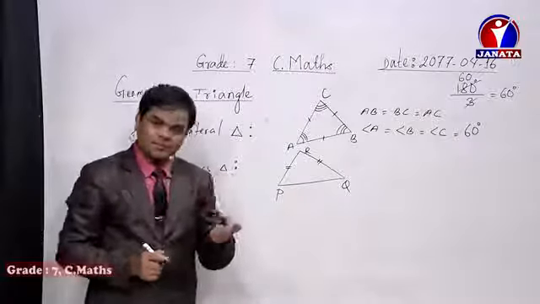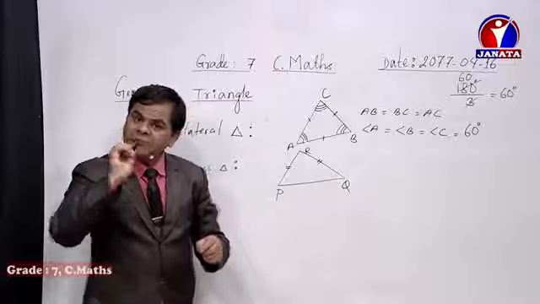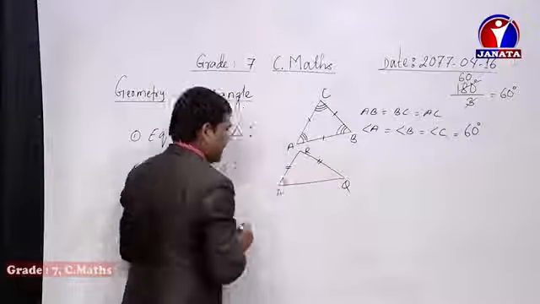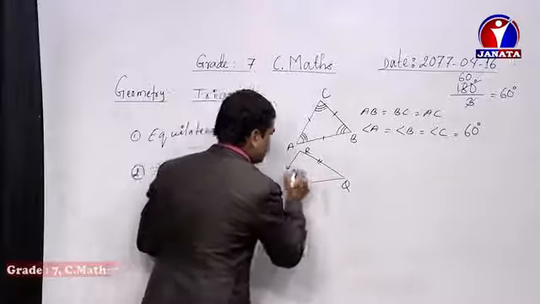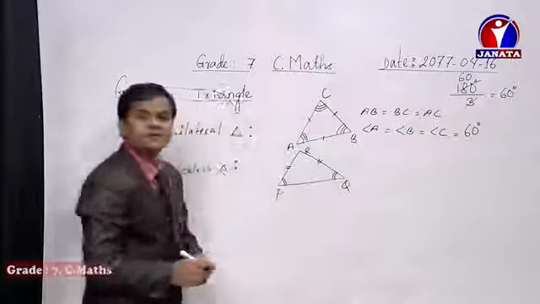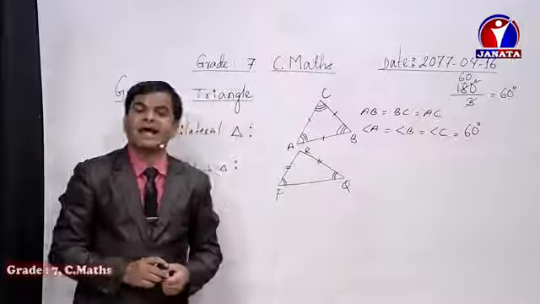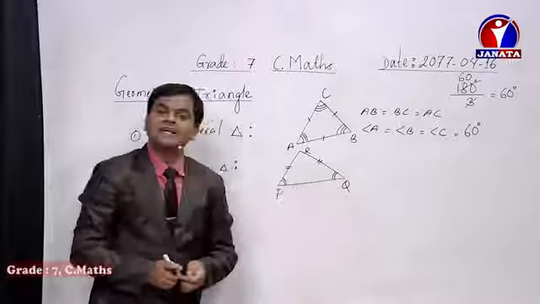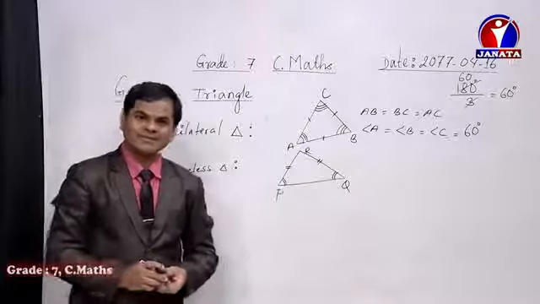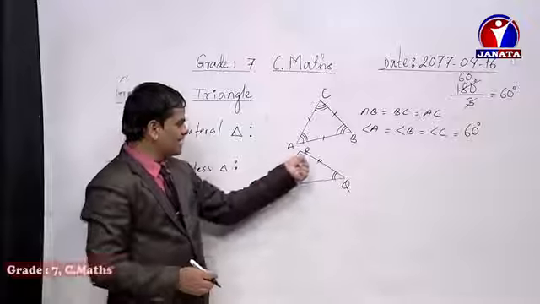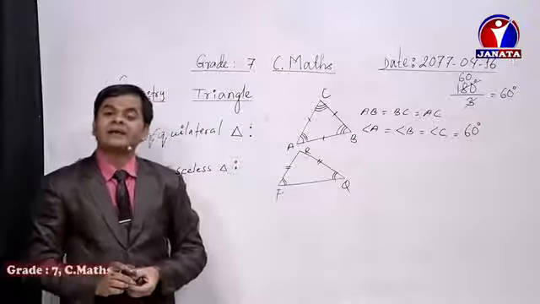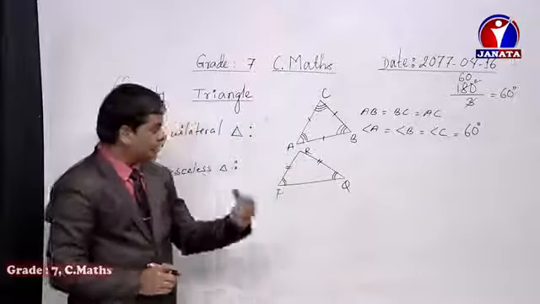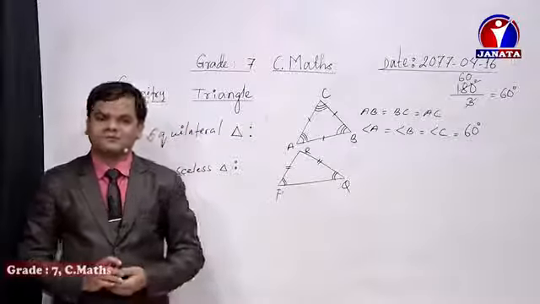I have a clue. Just look at the angles opposite to the equal sides. Opposite to this side is this one angle, and opposite to that other equal side is this one angle. They are known as the base angles, and the base angles of an isosceles triangle are always equal. The third angle, this one remaining angle, is known as the vertical angle or the vertex angle. So the vertical angle never becomes equal to the other angles in an isosceles triangle, only the base angles.